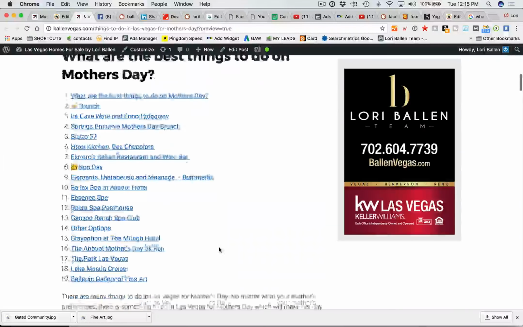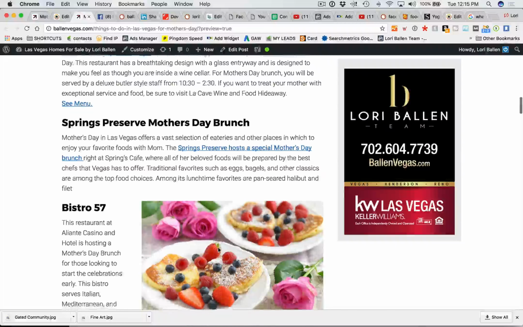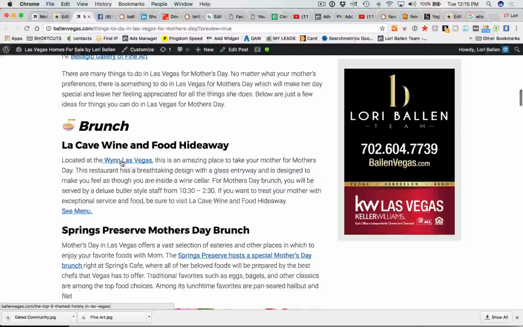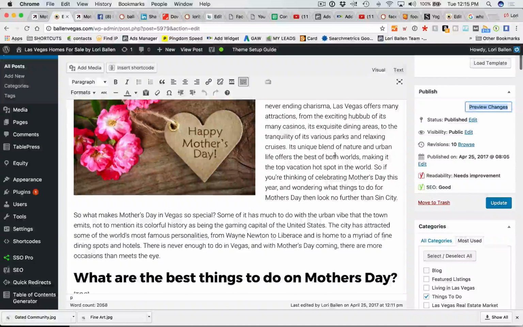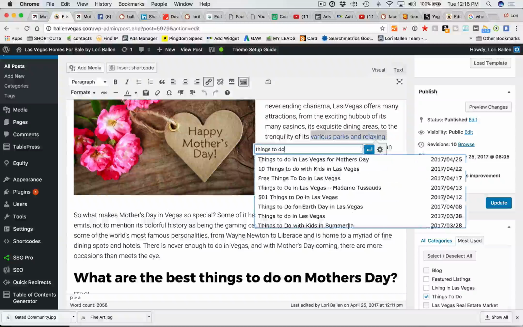And then I also wanted to mention, in between these here, this is called internal linking. This is where you highlight a set of keywords and you add a link. So over here it would look like this. We're going to go like this to whatever it applies. Click a link. Then you'll be able to search your blog, things to do, and it'll pull up whatever it is that you want to link to. And if you click on the little widget, the wheel,